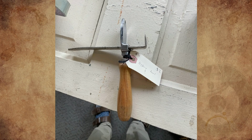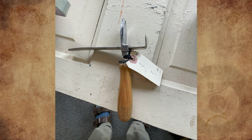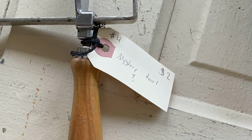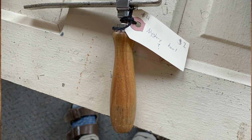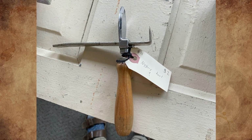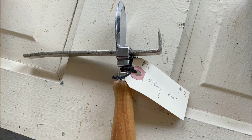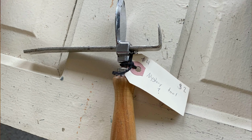What is this tool found in an antique store in the tool section in a rural Alberta, Canada area? The tag says mystery tool. The handle can fit hands, the materials are wood and metal, and there is no writing on the item. I can't seem to move or slide any of the parts, and it does not seem to twist or adjust